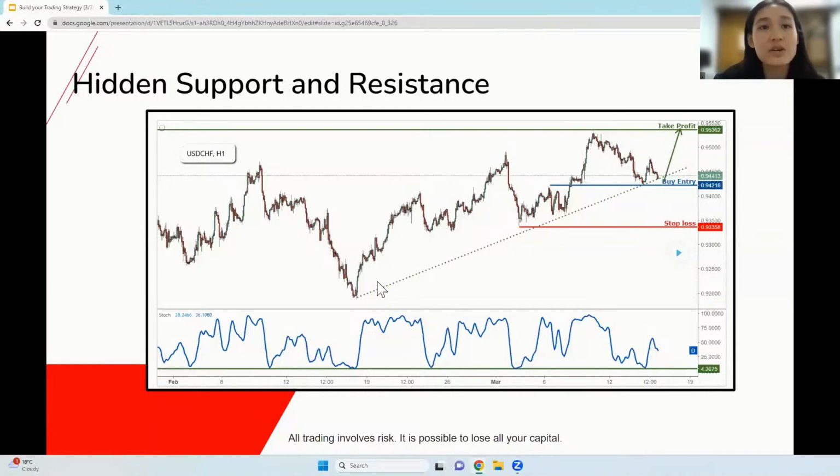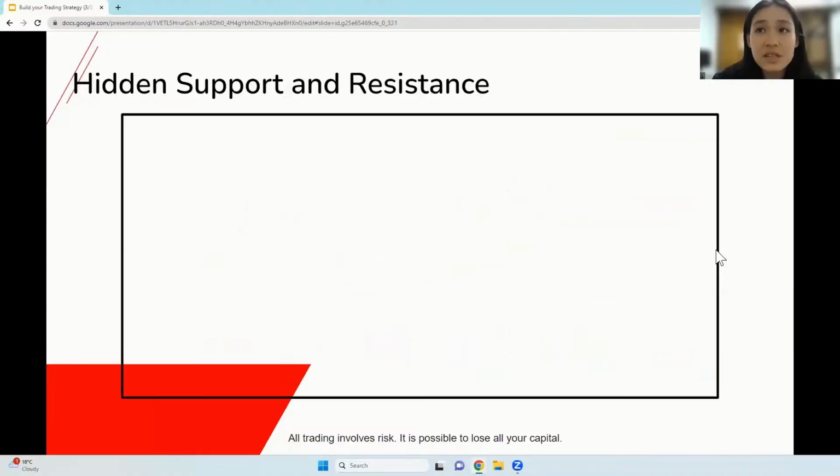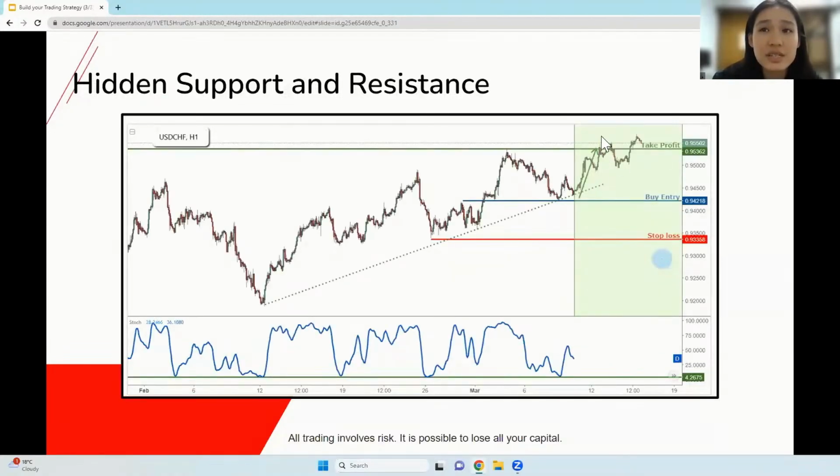increasing trend line. Okay, so just to recap, what makes a valid trend line is if there are 3 significant touches, and you can see that we are expecting price to continue to respect this line because firstly, we have this ascending trend line, secondly, we have a hidden resistance here. Okay, and you can see that's exactly what it did, pushed it all the way to our take profit.